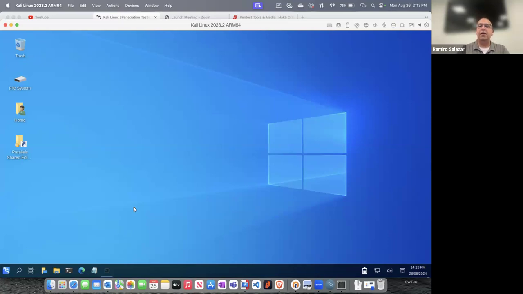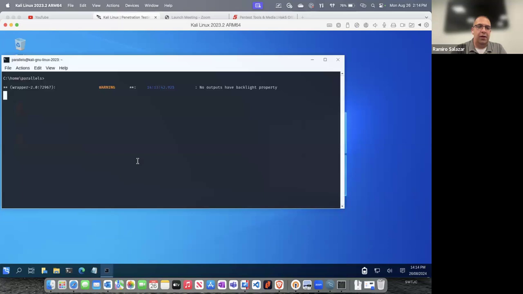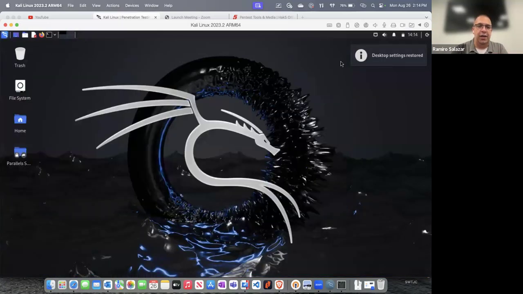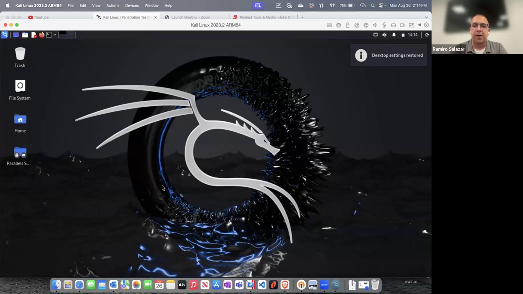So that way, if somebody walks over and looks over their shoulder at the computer, it just basically looks like a Windows computer, right? So that's something that hackers will do: they'll change the look and feel of the operating system by typing in this command called kali-undercover. And if you type it again, it'll change it back to the Kali Linux desktop environment.